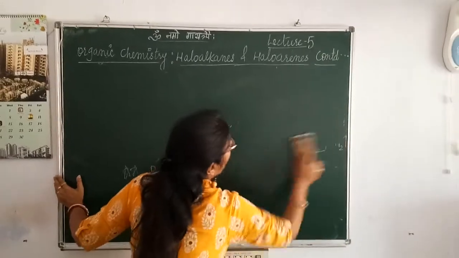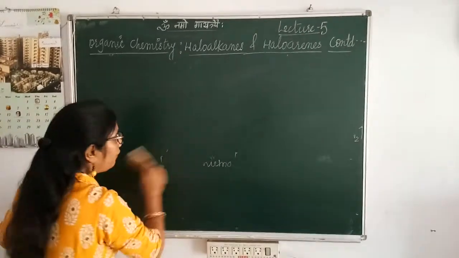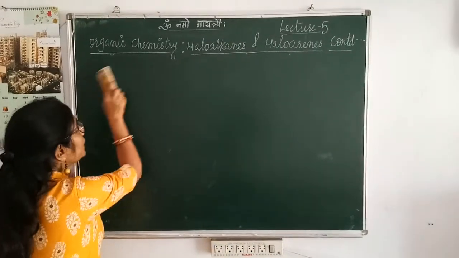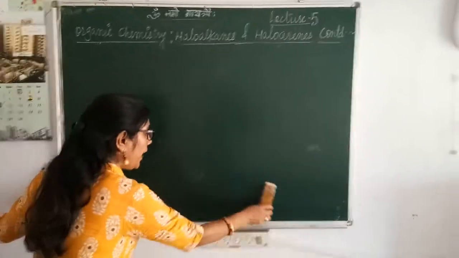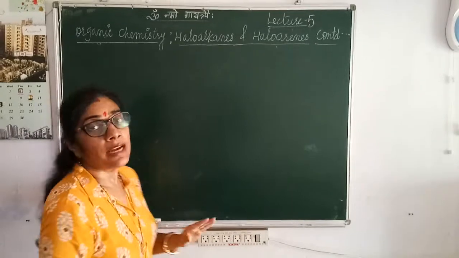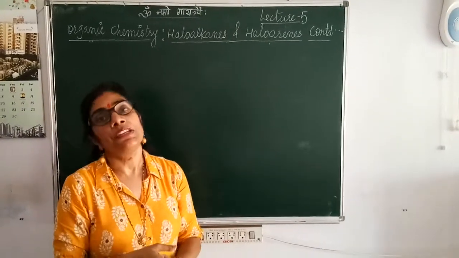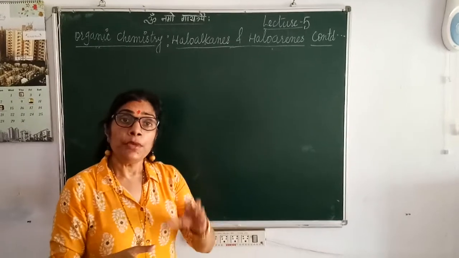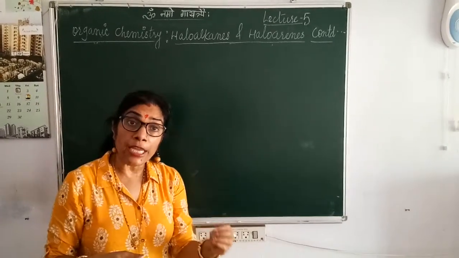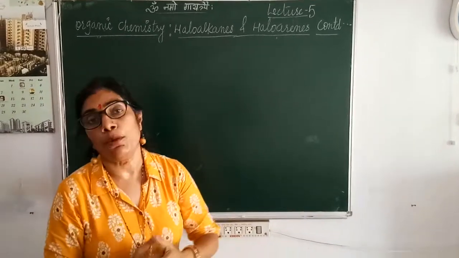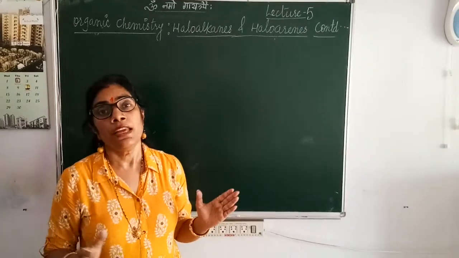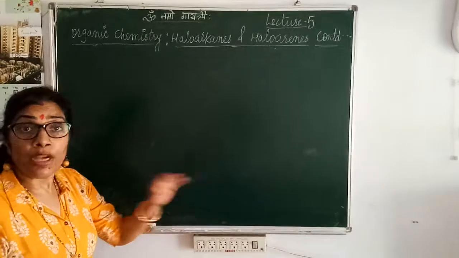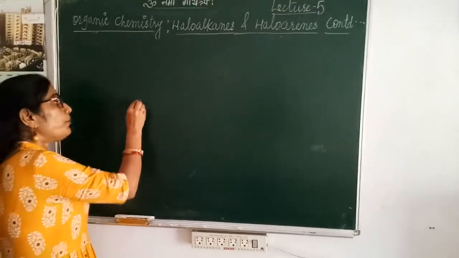So after the methods of preparation of haloarenes, physical properties of haloarenes. Haloarenes are colorless liquids or crystalline solids. They are insoluble in water because of the bulkier phenyl group, which restricts the formation of intermolecular hydrogen bonding. So far as melting and boiling points are concerned, for boiling point,